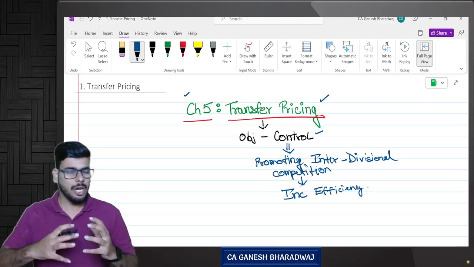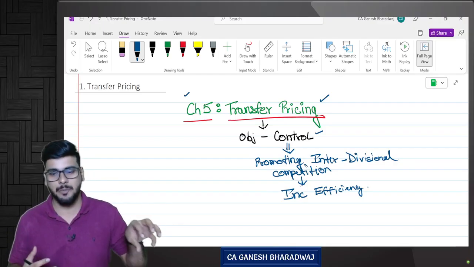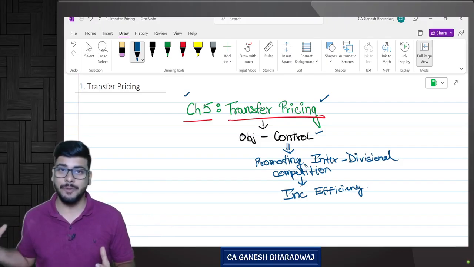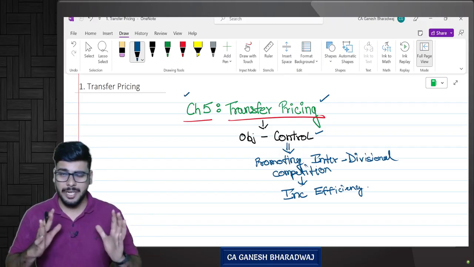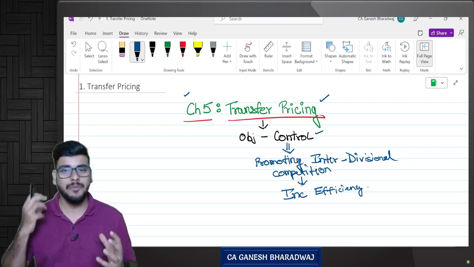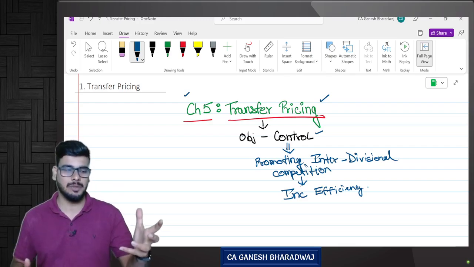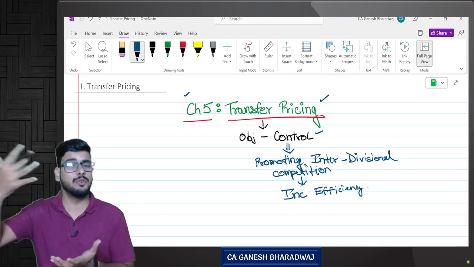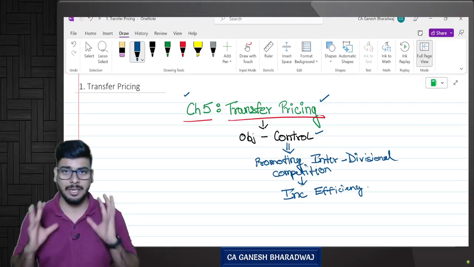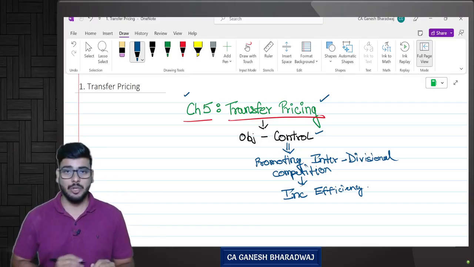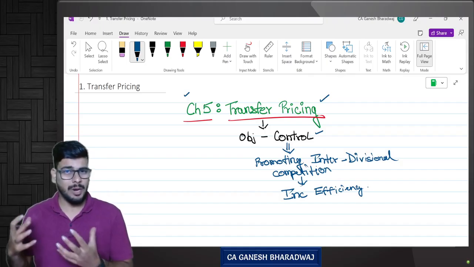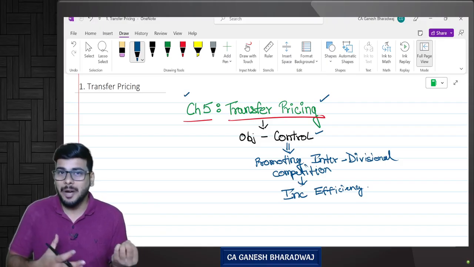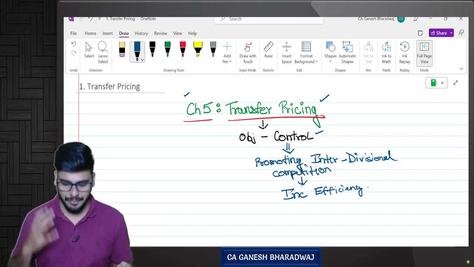Fine. Now, you might not be able to understand this completely at this point of time. So I will illustrate this with an example, and we will be solving one full numerical problem. And then in this video itself, you will get the basics of transfer pricing. Like, why do we need this transfer pricing? What is a transfer price? And how does it help to achieve the objective of control? All of that you will have crystal clear clarity. Are you clear with this? So basically, transfer pricing, what is the objective of that? It enables control, no doubt. Now, how does it happen? By way of internal decision making.